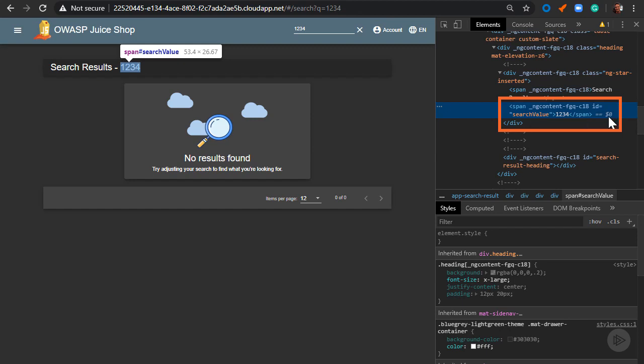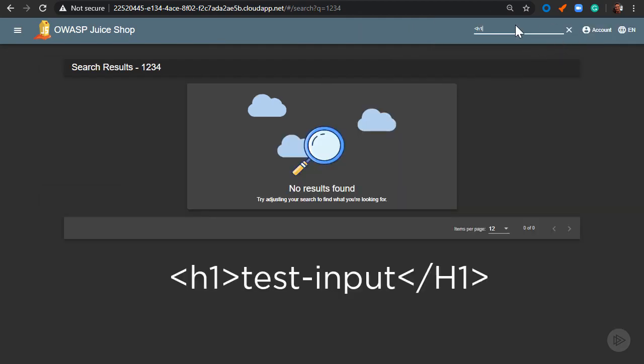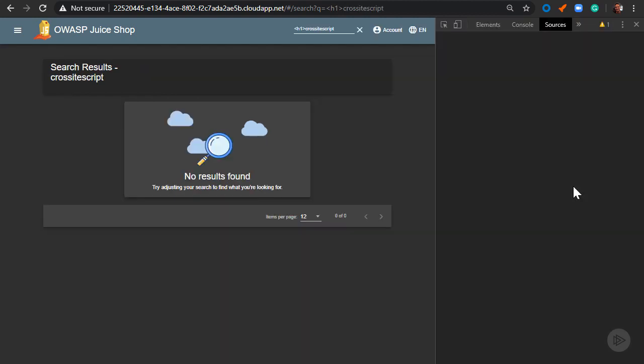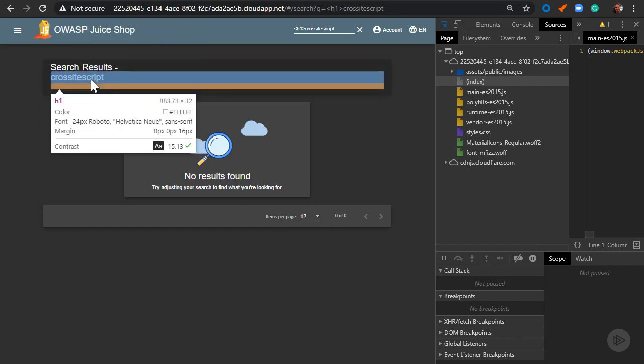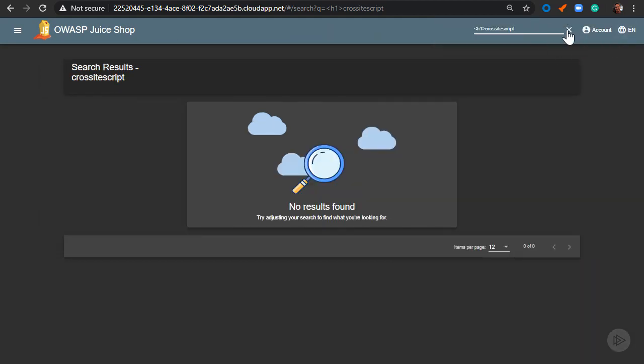So the next step would be to see if this page will parse an HTML tag and embed that tag as HTML in the response. And you can do that with an H1 tag like so. It didn't error out, and when you look again at the element, you will see that it has included the text with the H1 tag parsed as HTML code. So it seems like this input field is ready to process some code for you. Remember, this is reflected, so this is only going to show up within your browser section, and it's not permanently modifying the source code. The next level, and the level that should get caught by an OWASP CRS rule, is